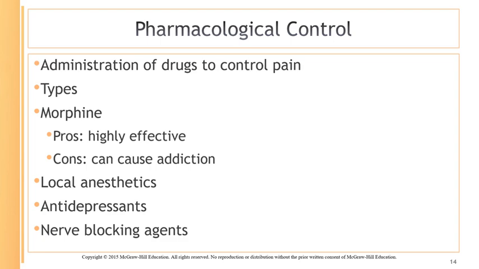And then there's also nerve blocking agents. So that can be administered to reduce pain, but these also have a lot of side effects. They can cause limb paralysis and a loss of bladder control. Even when they're successful, the pain will usually return within a short period of time.